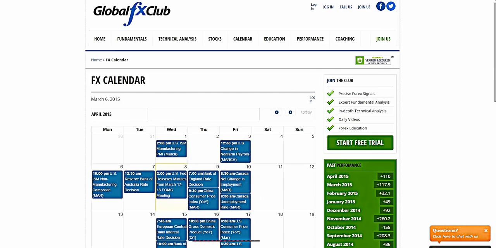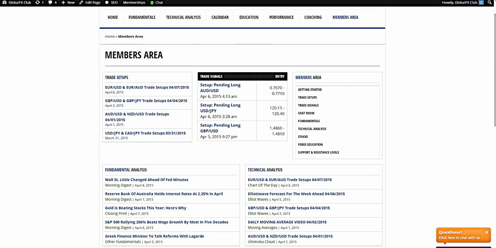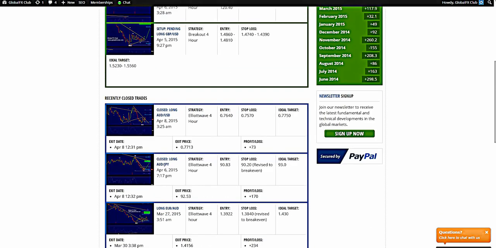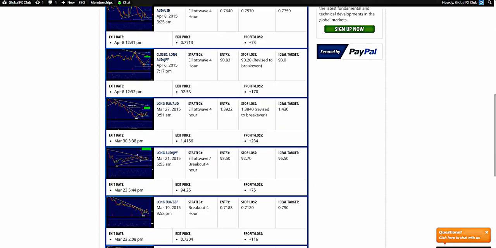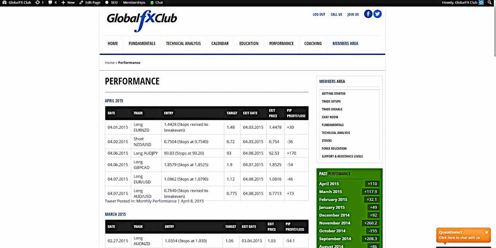All right, so let's jump right into the market. As of late, we have no open positions, but these are the recent trades that we closed out. First was the Aussie yen. Actually, it was the Aussie yen, the Aussie dollar, and the euro dollar. Let's look. So the Aussie yen, we closed out.